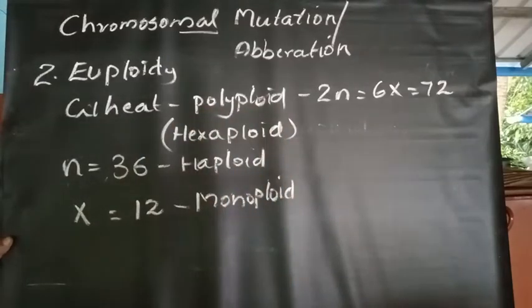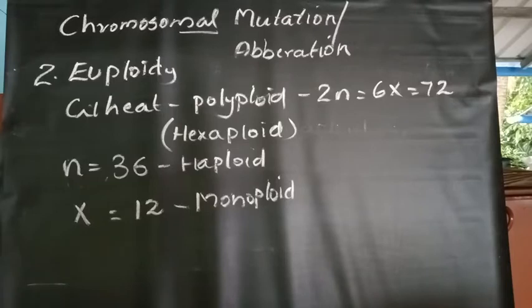Therefore the haploid and diploid conditions come regularly one after another, and the same number of chromosomes is maintained from generation to generation. That is a normal case. But the monoploid condition occurs where an organism undergoes the ploidy condition only. Whenever the organism undergoes the ploidy condition, then only this monoploid condition comes.